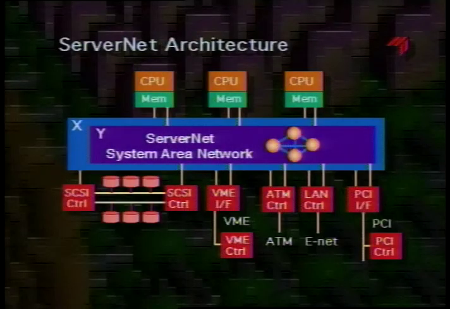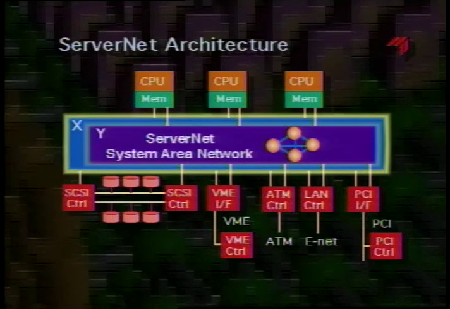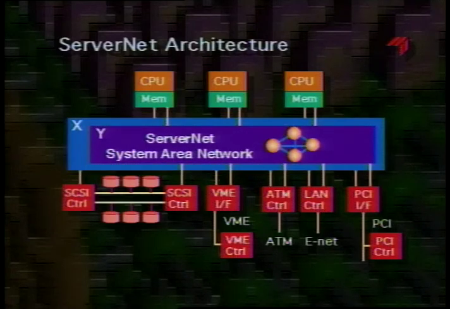In this diagram, we see that all the CPUs and the I/O devices are connected directly to the system area network. In this case, I've shown a fault-tolerant network, which is comprised of 2 independent X and Y connection fabrics. The network supports connections to standard buses, such as PCI, to high-speed networks like ATM, and to LAN adapters for connecting to local client workstations, for instance. The adapters are fairly simple and don't require powerful processors on the interface cards because the system area network allows direct read and write of the registers on the peripheral chips.